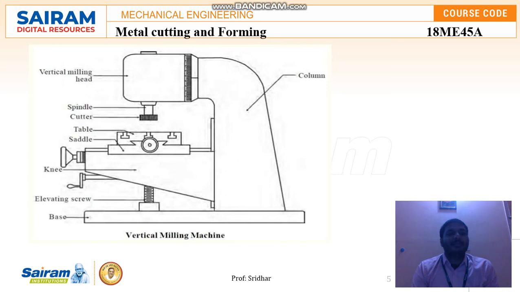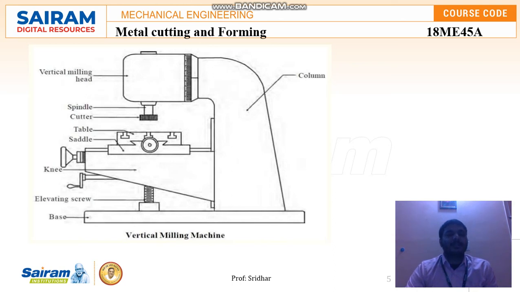In the horizontal machine the spindle is in the horizontal position, and in this it is in the vertical position, where the arbor holds the cutter or tools to remove the excess material. Here the vertical milling head holds the spindle, and the spindle is connected to the cutter. With the help of the cutter we can remove the excess material on the workpiece. That is the major difference between vertical and horizontal milling machines. Only the construction has small deviations, and the main thing that differentiates the two is the position of the vertical spindle and the horizontal spindle.